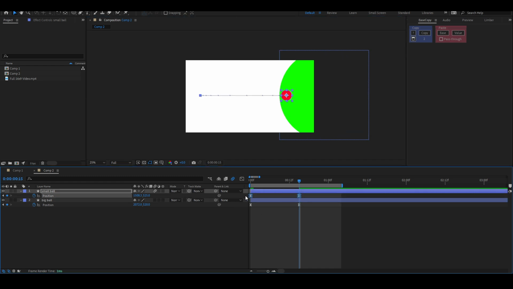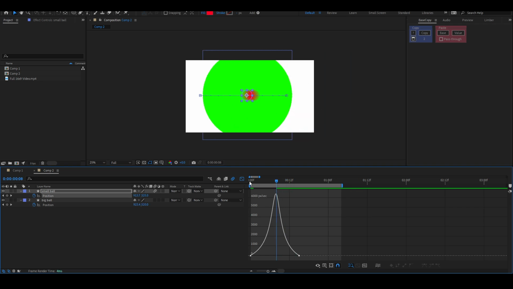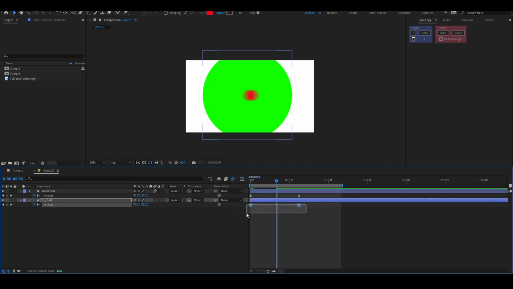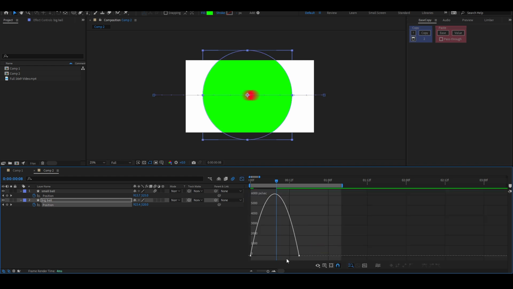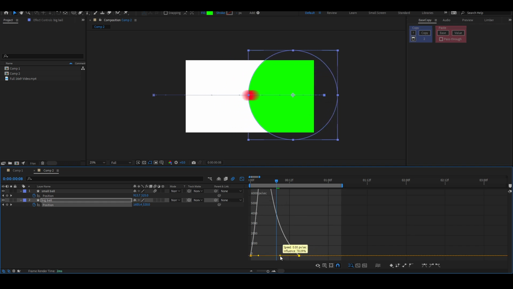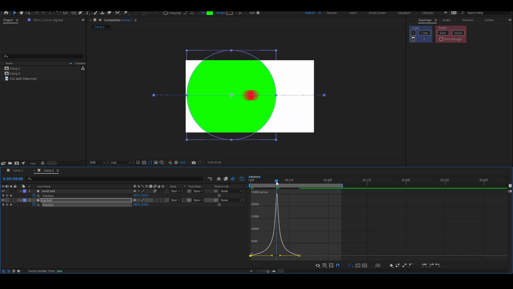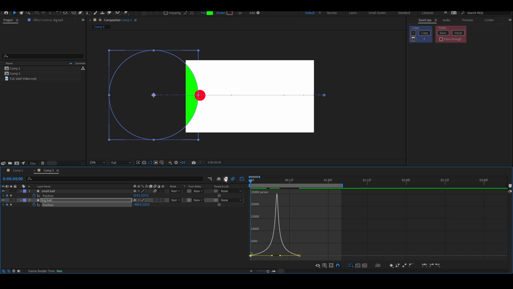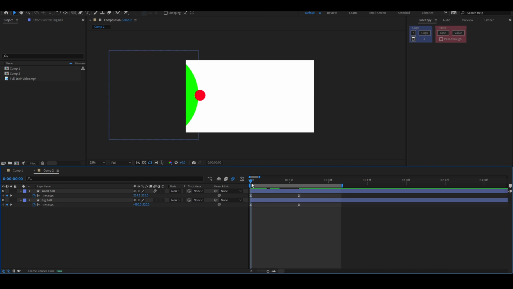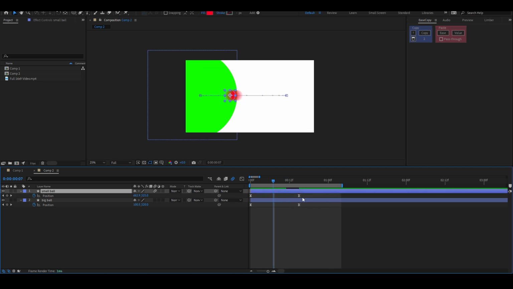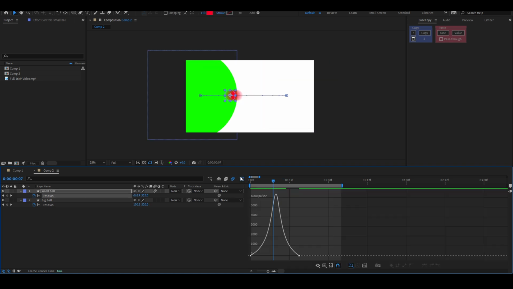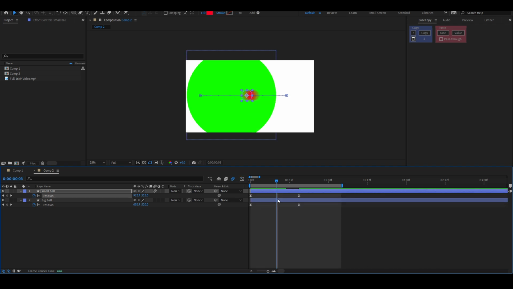Now, what we are going to do is we are going to look for the point of the highest speed here, and we are going to try to match the graph of the bigger ball as well to the point of the highest speed. Okay, so yeah, we have it matched, and let's see how that looks, right? Two of them are moving together. Now, here's what we are going to do. Come back here. Go to the point of highest speed. Place this scrubber over here, and